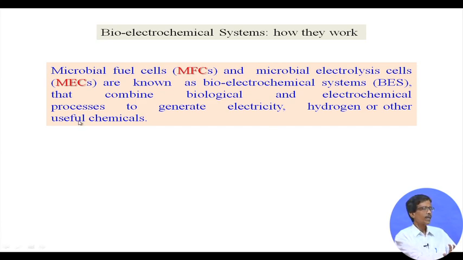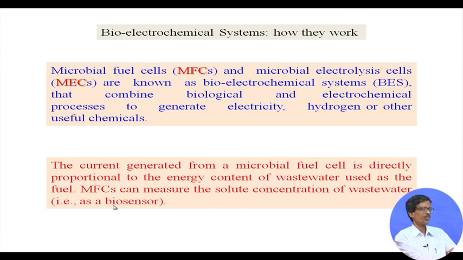Value added chemicals or useful chemicals, as we get chemicals from petroleum, we call them petrochemicals. So, these microbes can be useful for giving you the required amount of all these chemicals, including your hydrogen. Two such cells we can abbreviate as MFCs and MECs. Two things are common, the cell and microbes; only one is fuel, F is fuel and E is electrolysis.